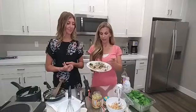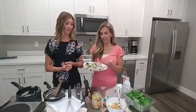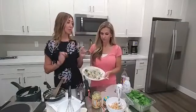I wish you could taste this, but because we left the recipe, you can make it tonight for your family. Super simple. We used some whole wheat noodles, a dairy-free roux, and some mushrooms, artichoke hearts, spinach, and chicken. The perfect meal. It's so balanced. And instead of spinach, you could do zucchini or yellow squash. I would do zucchini for sure. There's lots of vegetables you can switch out. So it's a really fast, easy